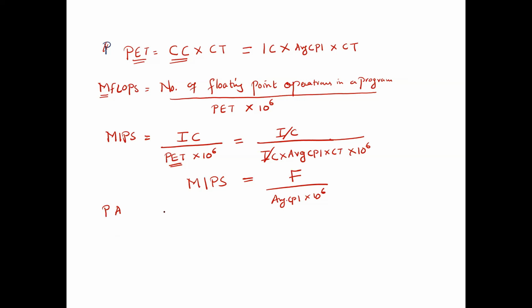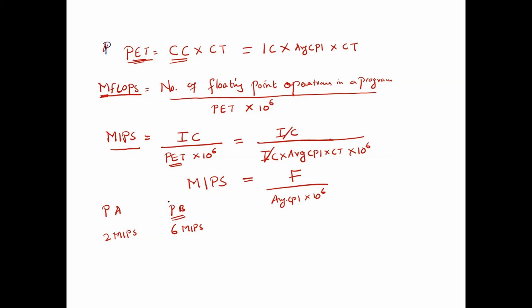There are two processors, A and B. Processor A will execute 2 million instructions per second, and processor B will execute 6 million per second. Then which processor is faster? Then we will say processor B is faster than processor A. So this is how we can make a choice between processors. So how to make a choice? Either you need to calculate MFLOPS, MIPS, and the program execution time. When you calculate and measure these three factors, by looking at those figures, we can judge or choose a faster processor.